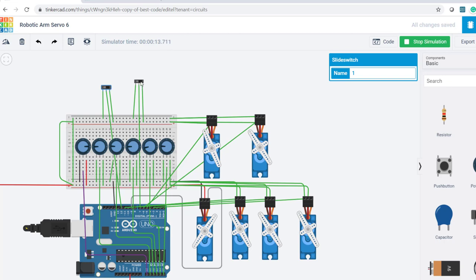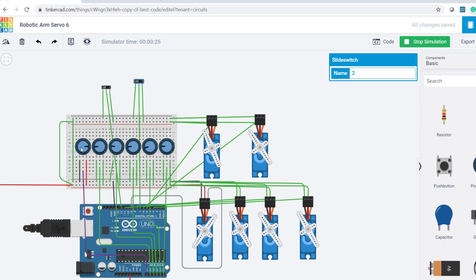Turn off the recording. Now if we switch on the replay button, usually they go with push buttons, but I have used a slide switch. This can be replaced by a push button, because once we need to click this and again we need to replace this, so that the servo will come back to the initial position. See, it will come to the initial position and move to the end position. When we switch on this, it will come to the initial position. Initially the servo is placed here, so the recorded one will be placed here.